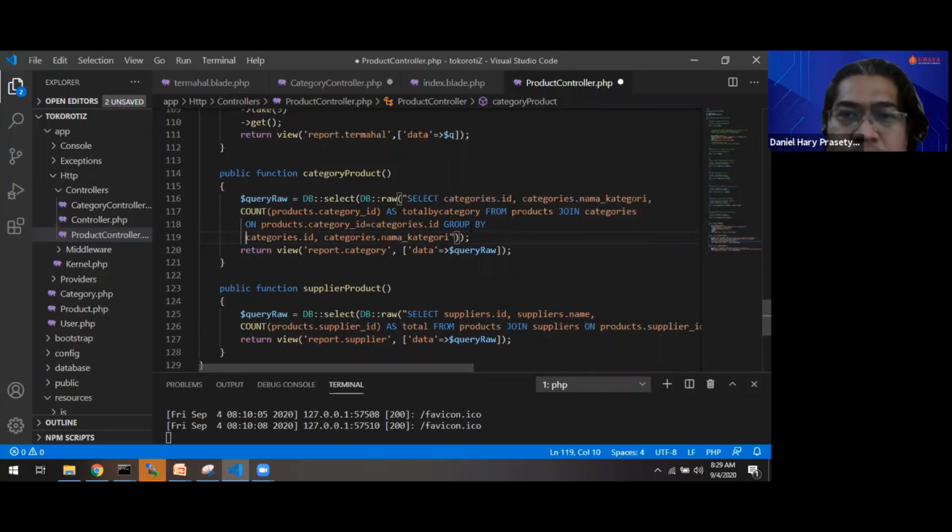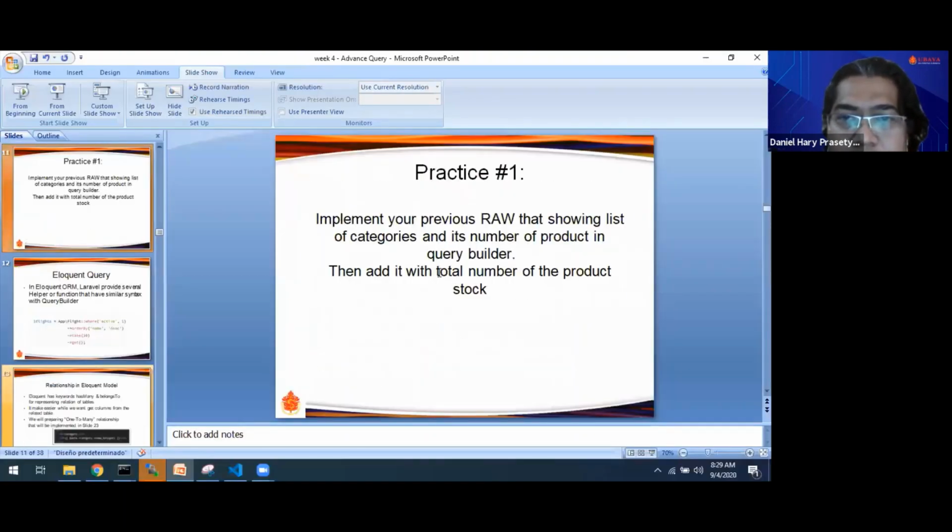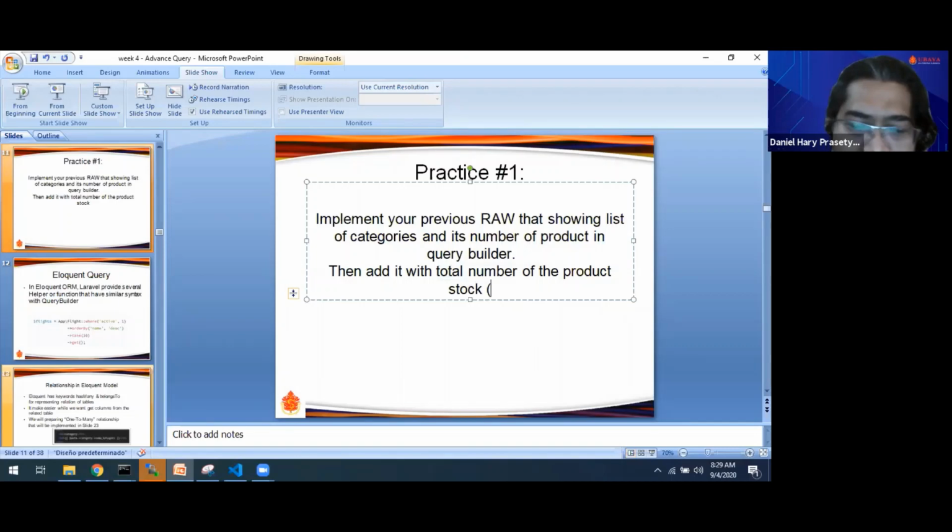We can also order by the most number of products, and after we recreate it with the query builder, we will add the sum of product stock, the total number of product stock. This will be a sum aggregate.